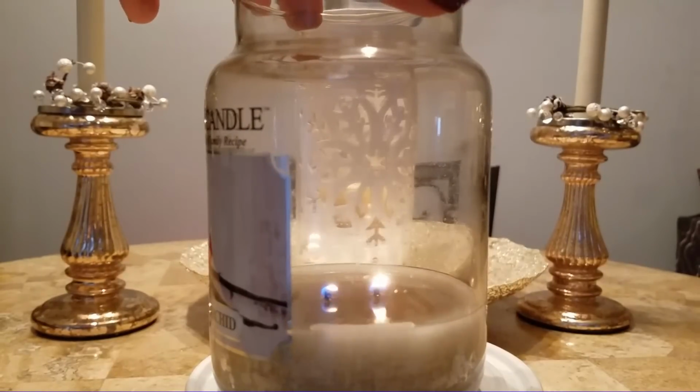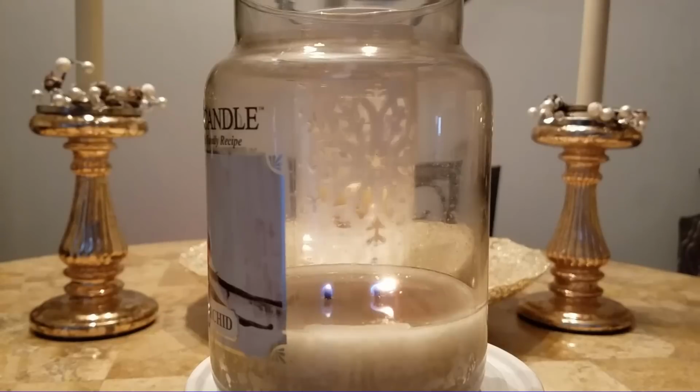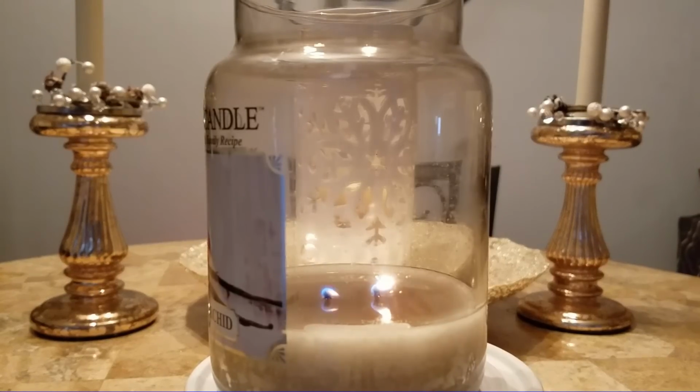And before you go, ooh, look at that icky wax color. This is not a white wax candle. The actual color of the wax is like a light gray. So the color really hasn't changed and gotten dirty and icky like some white candles can. It's more of a gray color. Now, one thing with the country candles,